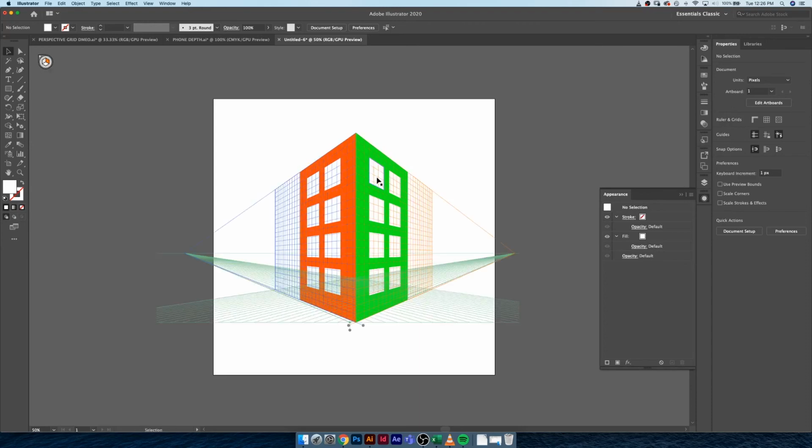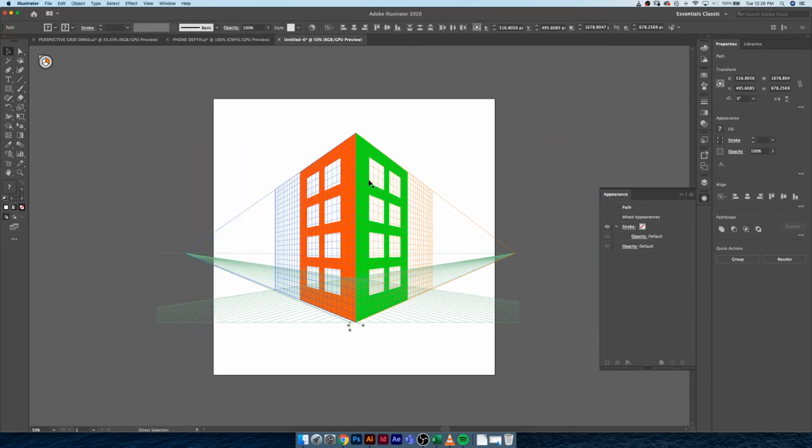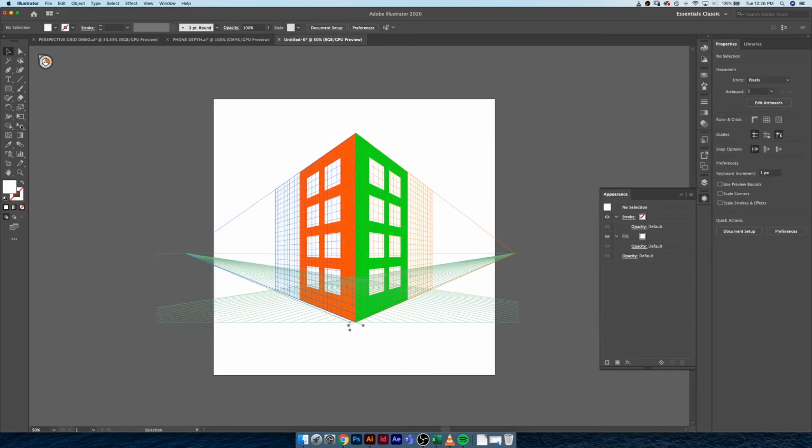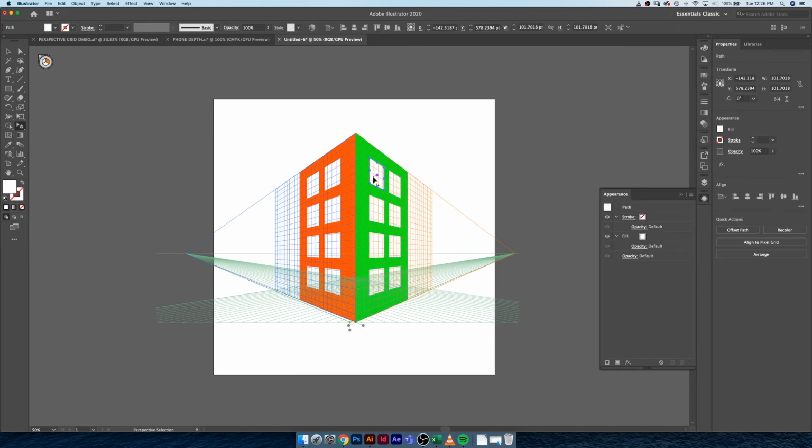And now the next thing I'm very curious about is, whoops, sorry guys, I accidentally pasted something there from a different video. So I'm going to use my perspective grid selection tool, and I want to ungroup everything from this wall, and I want to grab a window and pop this off our perspective grid. And yeah, you can see that we can ungroup things and we can actually control things in a